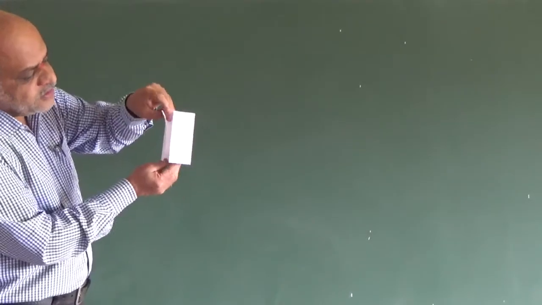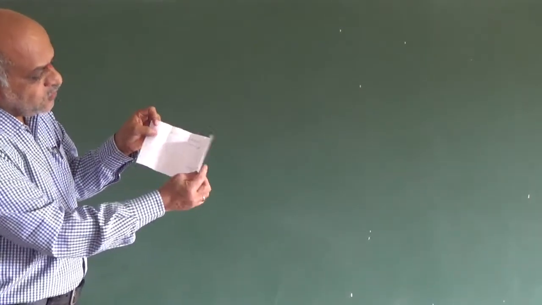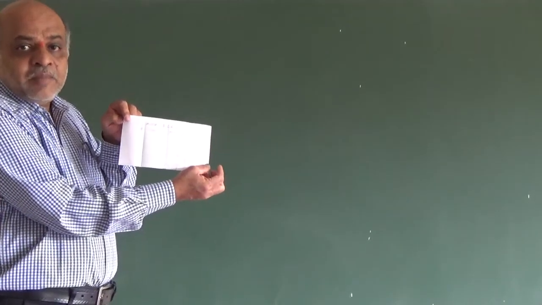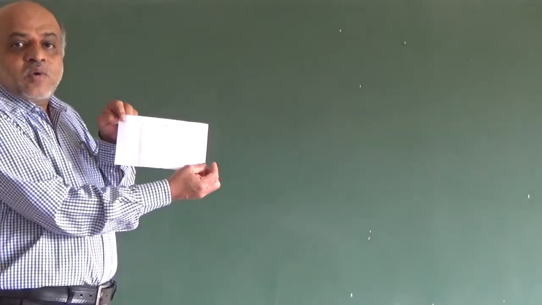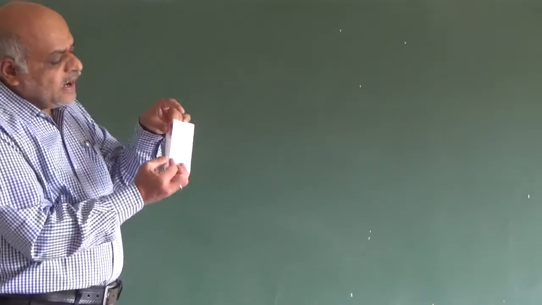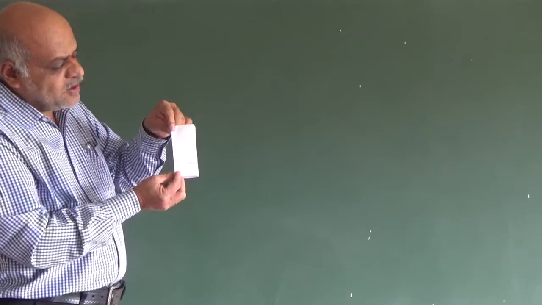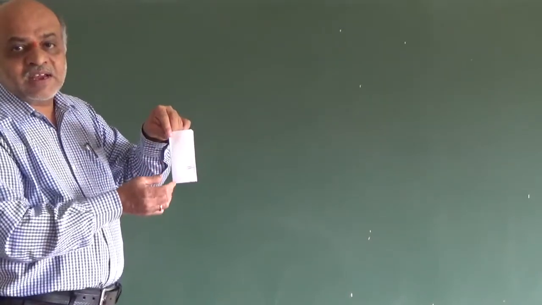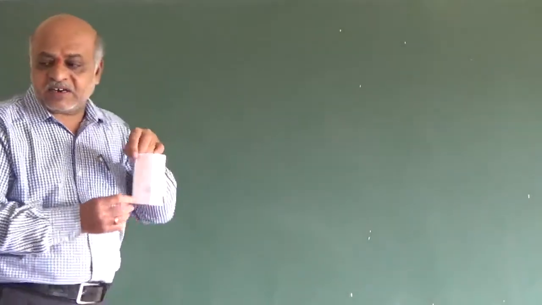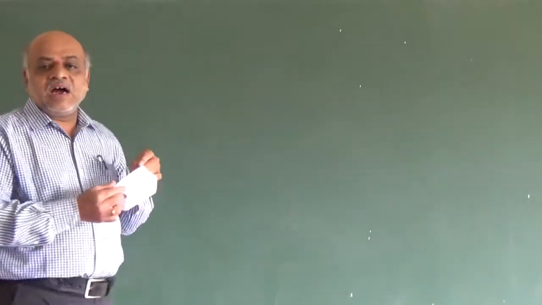So this is the top view and this is the front view. And this length is 40, 40, 40, 40 in total, so 120 mm length of the paper is going to be required to prepare a square prism of 40 mm. The height may be anything, in this particular case it may be 60 mm, 50 mm or something like that. Depending upon the height you can take the paper sheet. So this is how the development of solids could be understood.